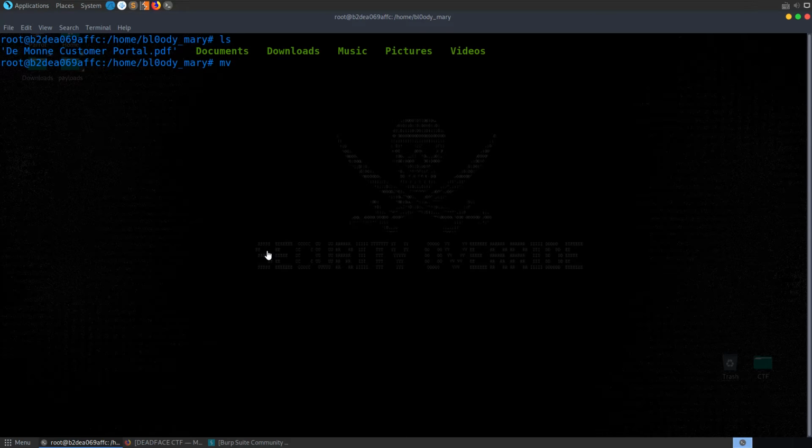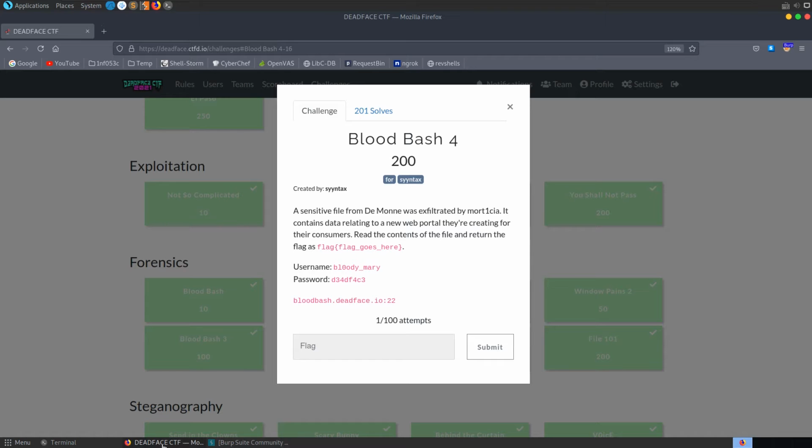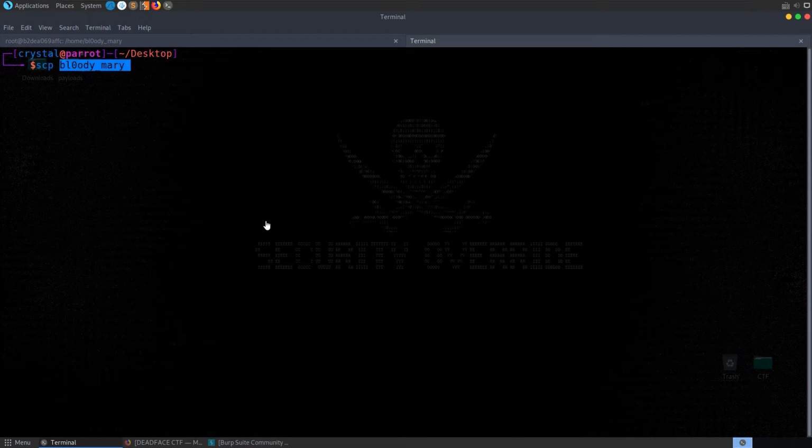Initially I tried to SCP this and it didn't work, but I think that was to do with the TTY error, which they seem to have resolved. So let me just try and move this daemon customer portal to new.pdf, just so the file name is a bit easier to work with. And I'm going to go back over to my terminal and we'll do scp. Let me go and copy